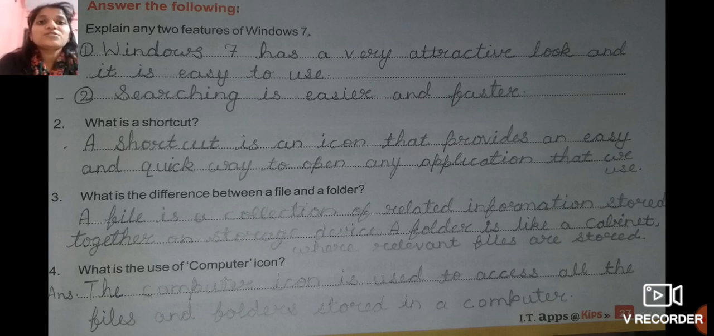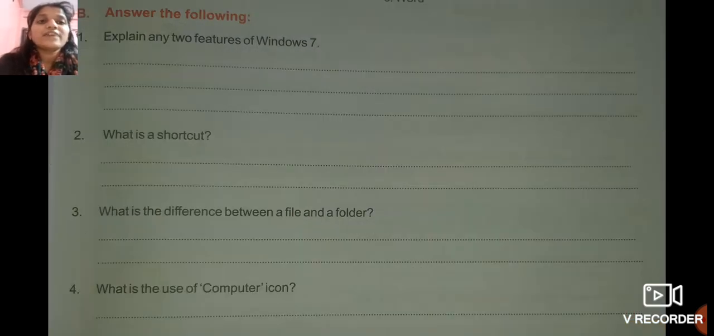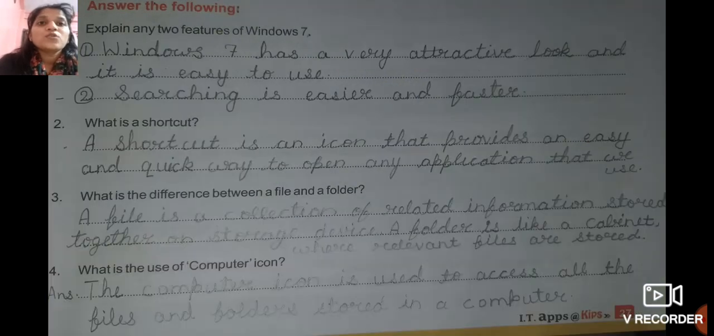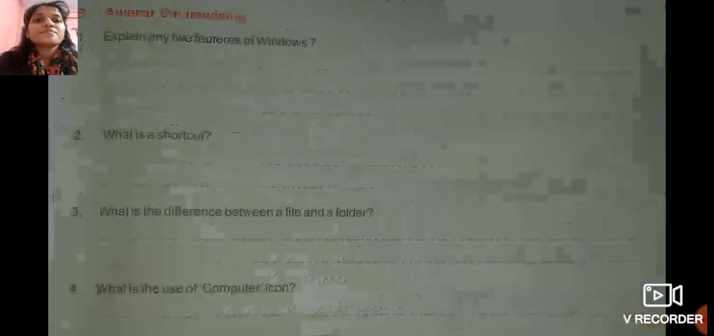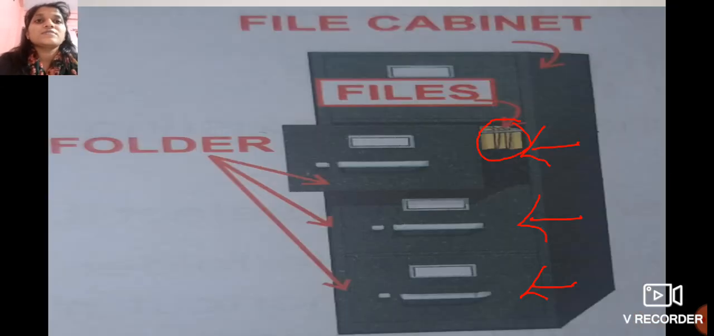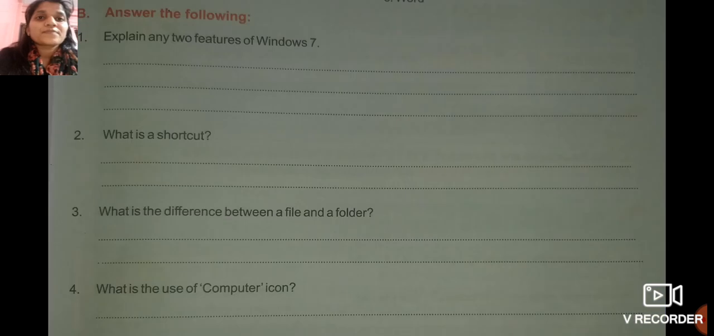Now students, we are going to write the third one, that is, what is the difference between a file and a folder. We are going to write the difference between a file and a folder. For that, I'll show you, yes, this one. Here a file contains related information which we have stored on the storage devices, while a folder contains different files. So we are going to write,